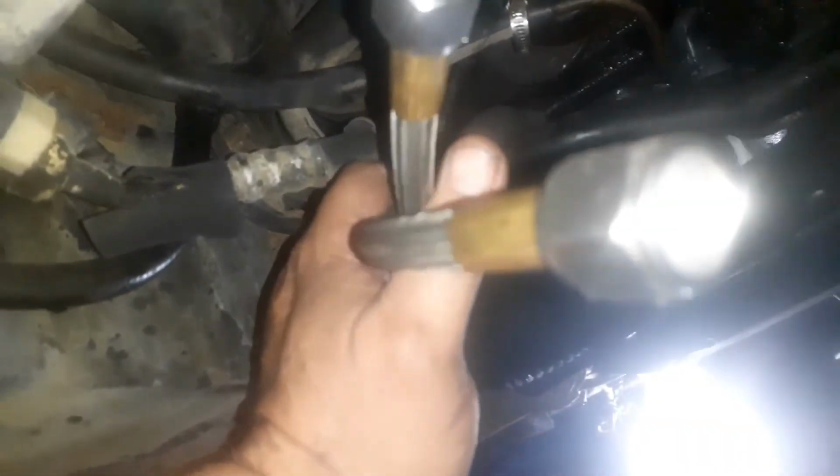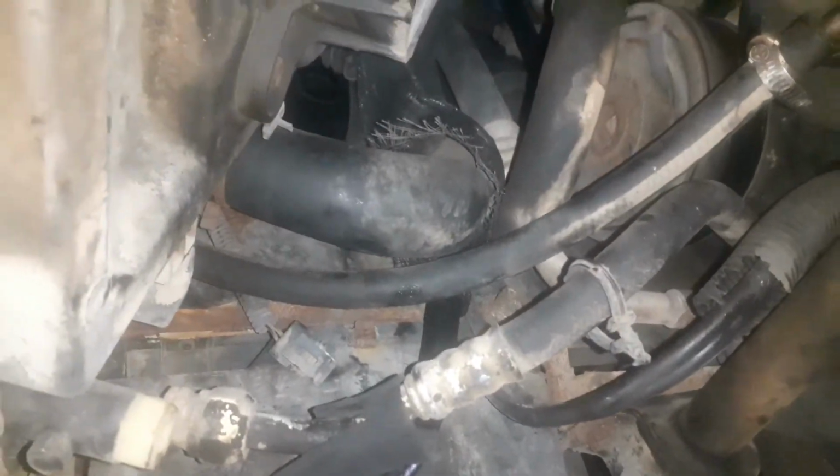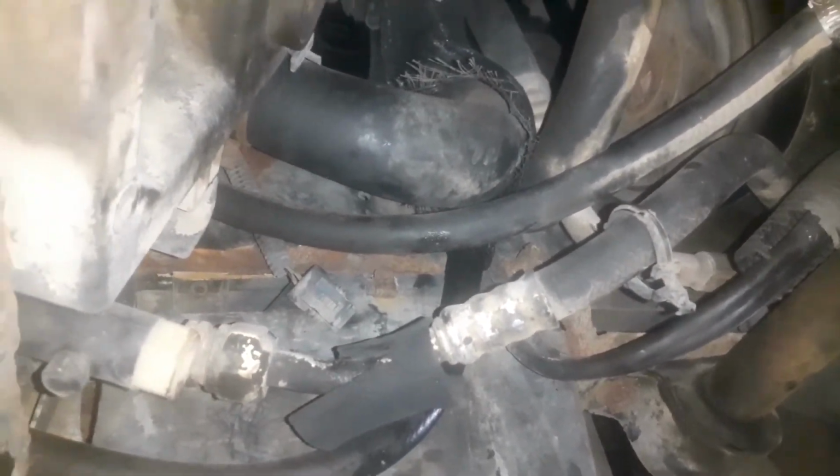All right, so with this kit, there's the radiator right there, touching it with my thumb. So these lines, that's as far as they go. So if you was using this for your radiator, it wouldn't even reach unless you added some lines on it. I just bought this kit because, number one, I thought they were longer than that. I should have did some measuring, but I didn't want to have to make my own lines